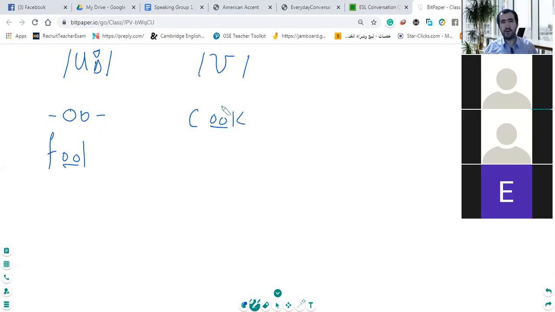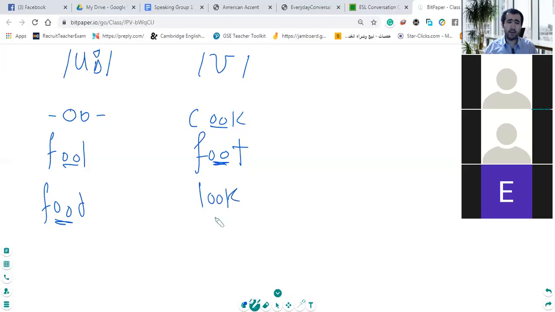That's why there are a lot of common mistakes, for example, this is food, but this is foot. Some people make a lot of mistakes like these because they think that the double O is always pronounced as a long oo sound. This is why they are confused. Not in all cases, so we don't have specific patterns to follow.